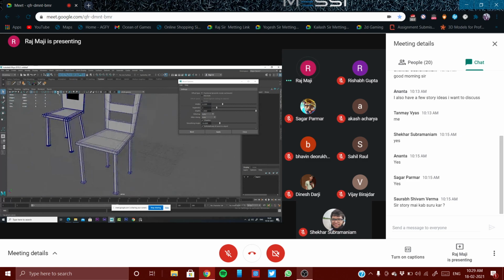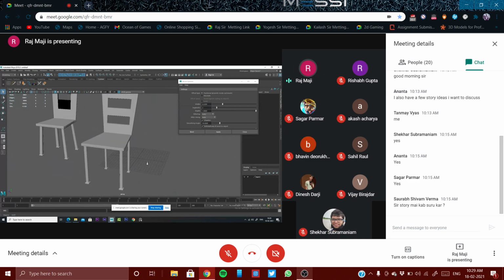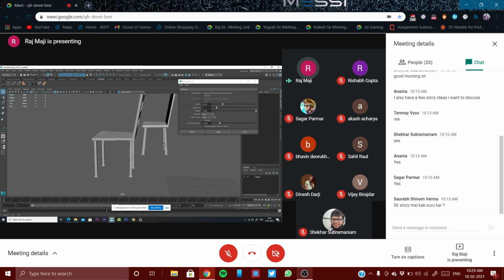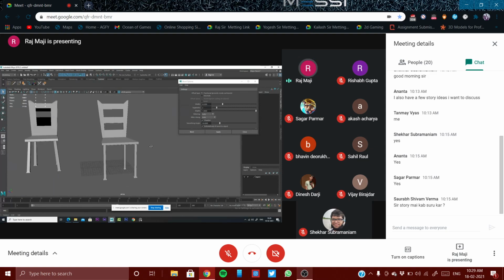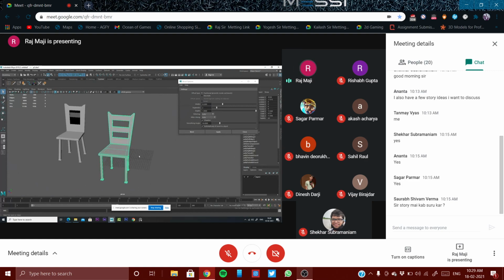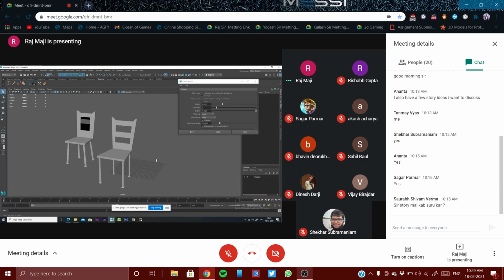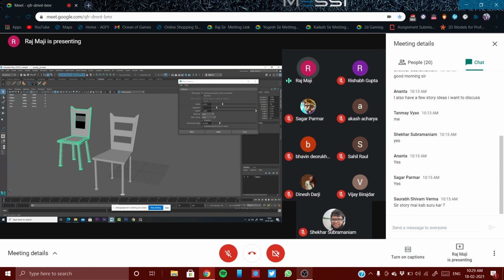Just check. I'm also getting the smooth edges, and I'm using 964 polygons to get this output. And in your model you were using 8,932 polygons. 8,000 polygons extra you were using.